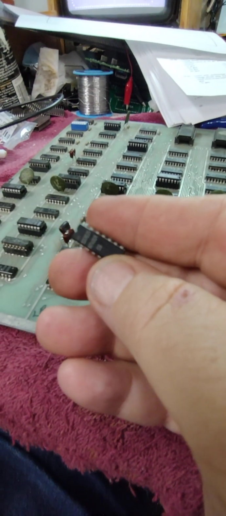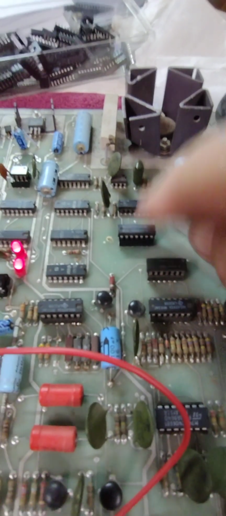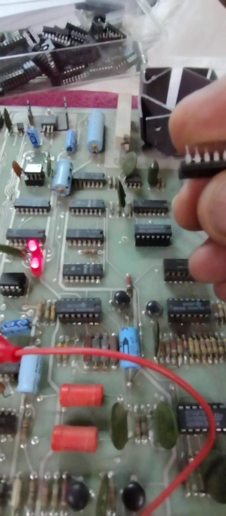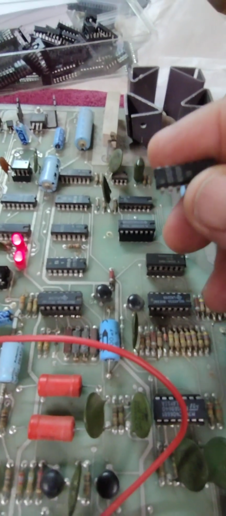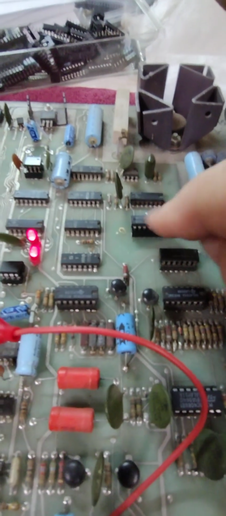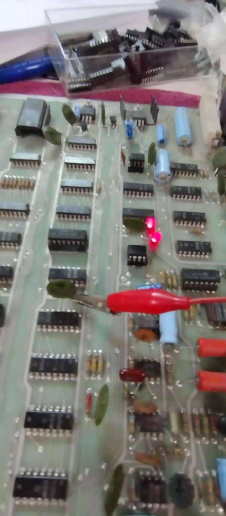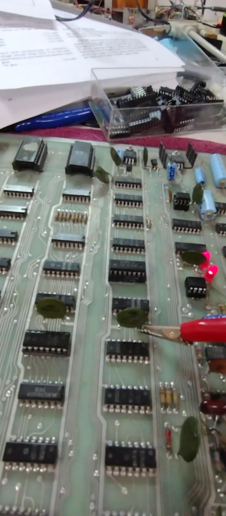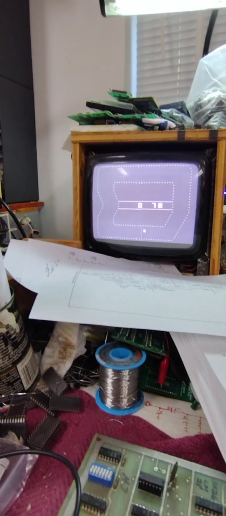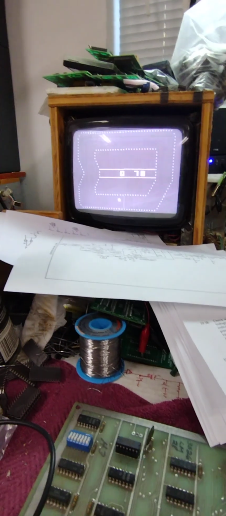So this chip here, I've socketed it and put a new one. Originally it was a 7400, which is a quad NAND gate, and I put in a 74ALS00. That's going to be fine for that application. So now when I coin it up and I drive it into the wall,